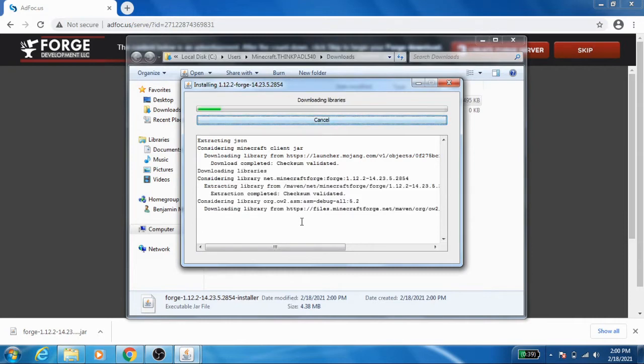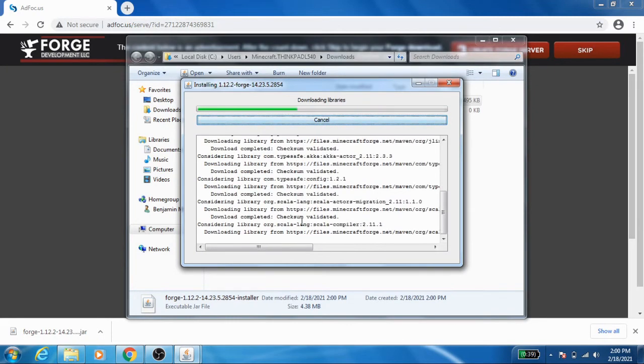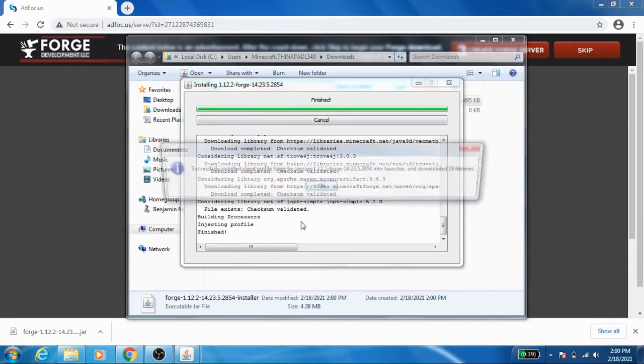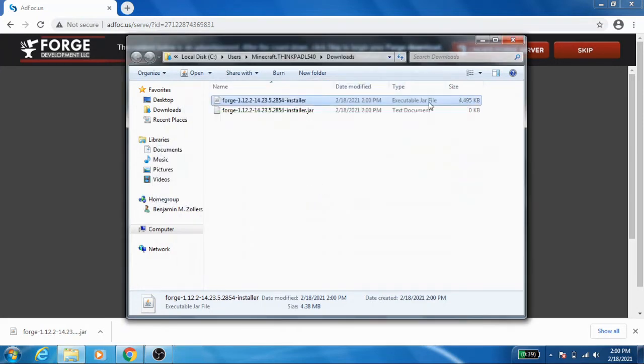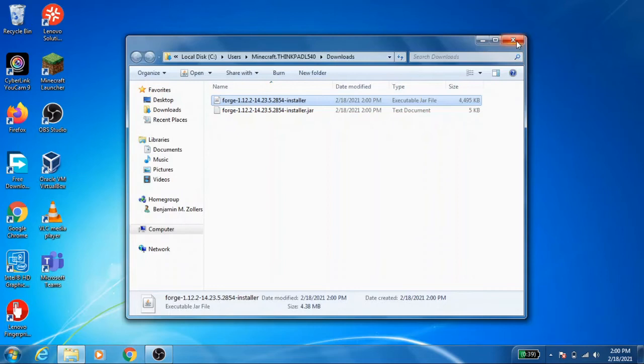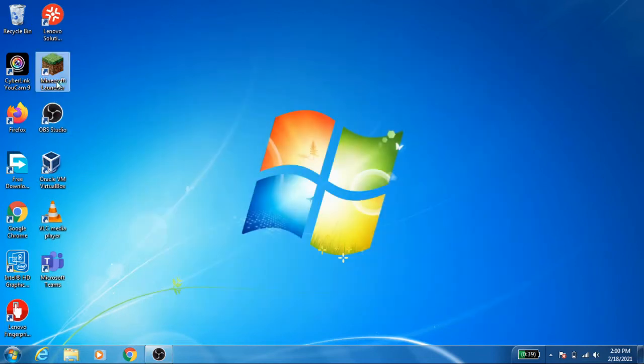It is then going to install Forge, and it should only take a few seconds. And you see it's finished successfully. It says complete, successfully installed client profile Forge for version 1.12.2 Forge, whatever the version is, into the launcher, and downloaded 19 libraries. Click OK. And now, if we close this up and we go back to the launcher,